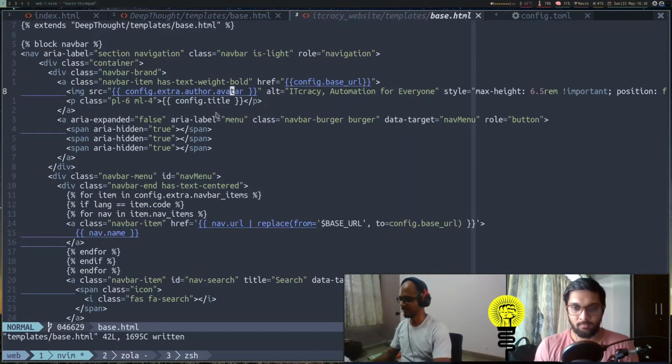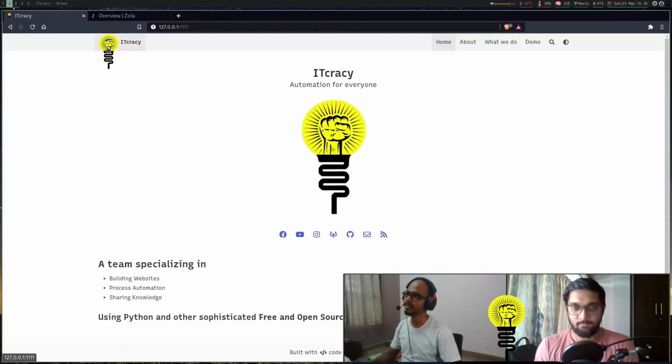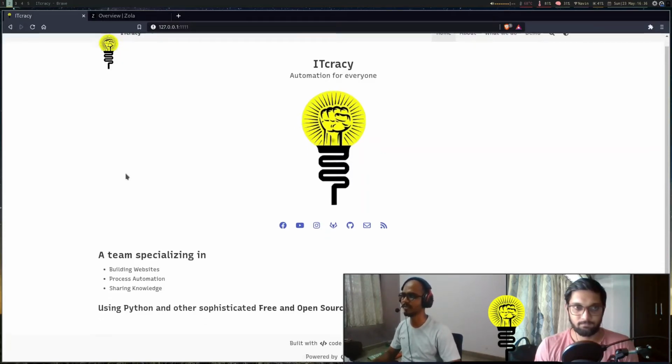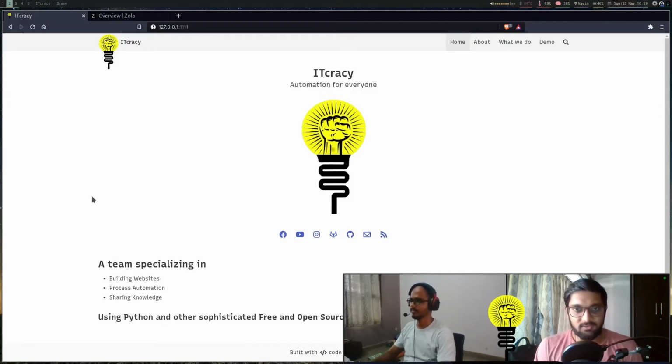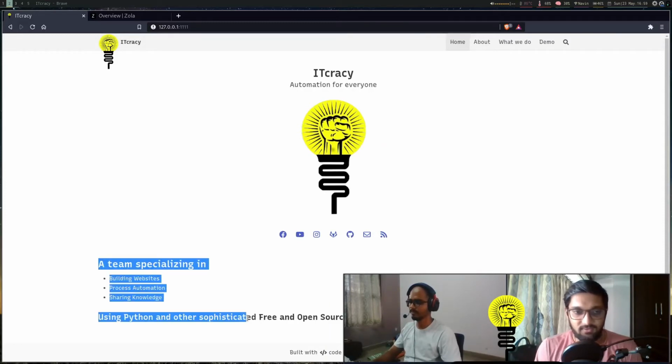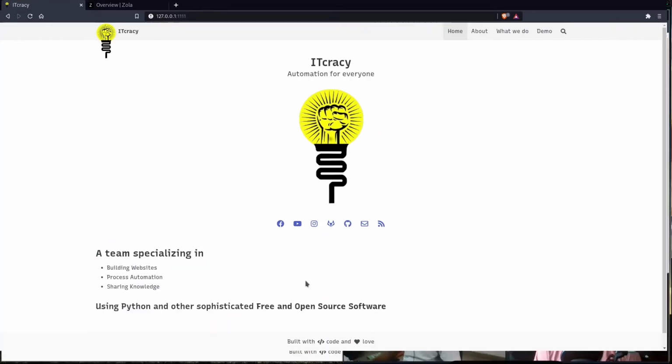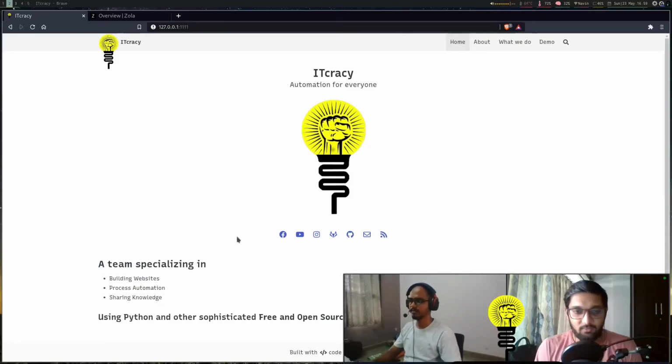And we'll save this. Let's go back. You can see our logo is now coming up here. We just have some CSS and HTML to make it appear in this format here. We will even make it better in future. That will be just normal CSS and HTML. So that is how you can extend part of your index HTML or your base HTML and make changes to your template. Now, just as we customized our navbar, we will customize some more content on our homepage. We will change the text that is appearing here, our team is specializing in. And for doing that, we'll have to follow the same steps.